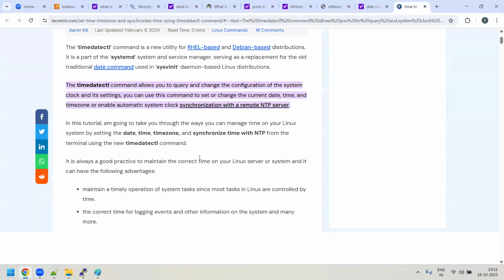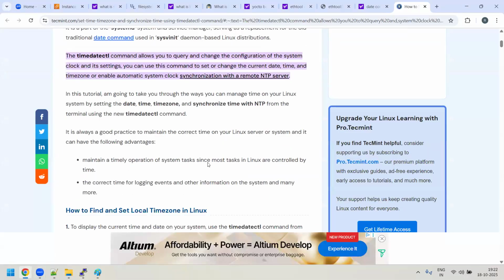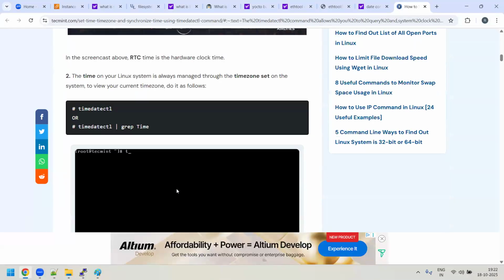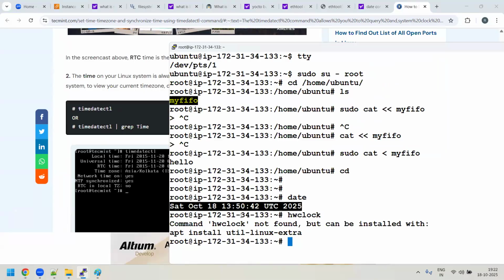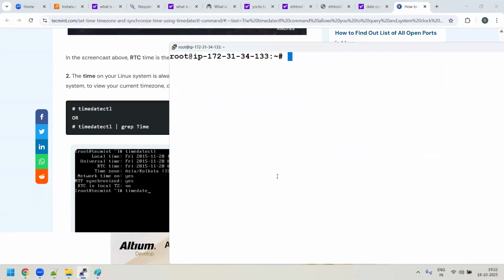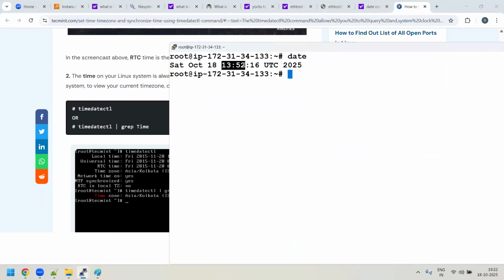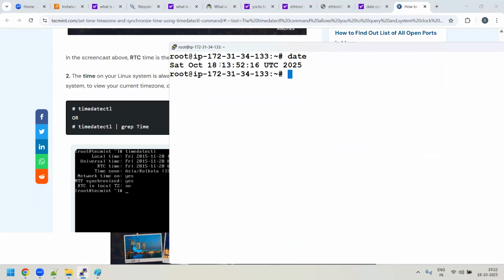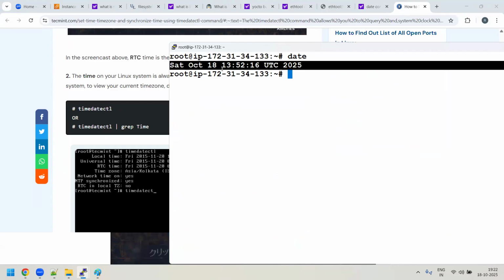We have to check what Japan uses, something like JST. Here you could see that UTC time is there. So you need to check what is there and give the same format like this. When you execute the date command, it shows you Saturday, October 18th, hour, minute, and UTC. We don't know the format, so you have to see what the JST or the Japan format is. In that only you have to set in the system.